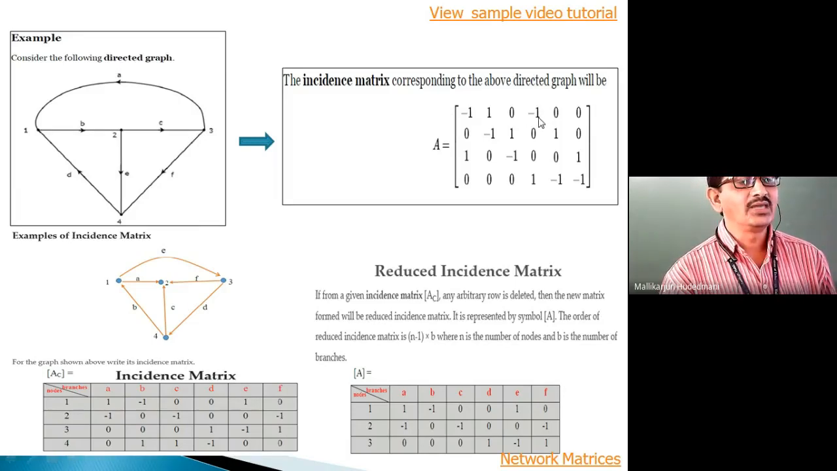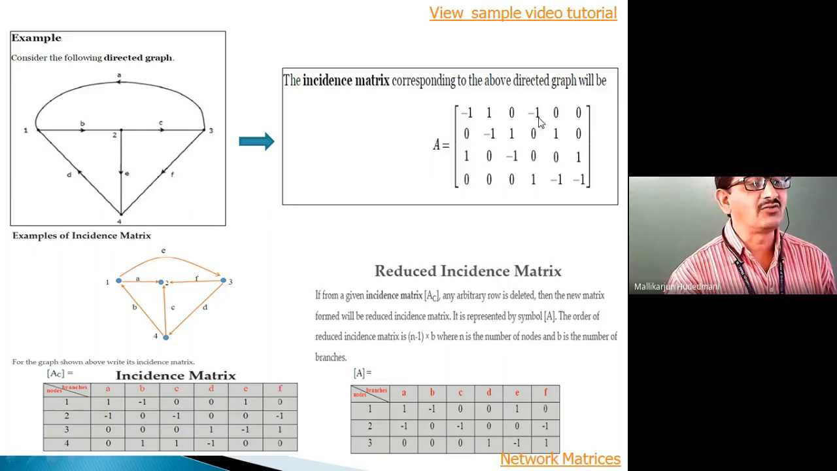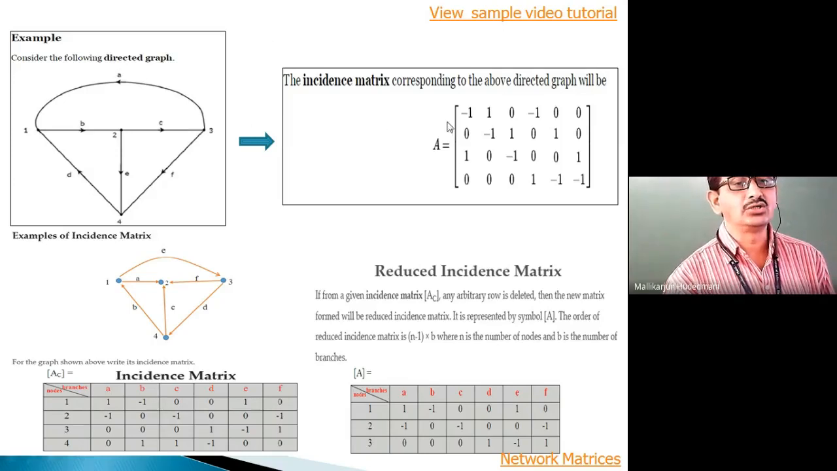After D, E and F, are they in the path of 1? Definitely no. You can see 0, 0 there. So only 3 elements are non-zero. A is towards 1, -1. B is away from 1, +1. C is not there. D is towards 1, -1. E and F are not incident, hence they are 0. Similarly, when I go to bus number 2,